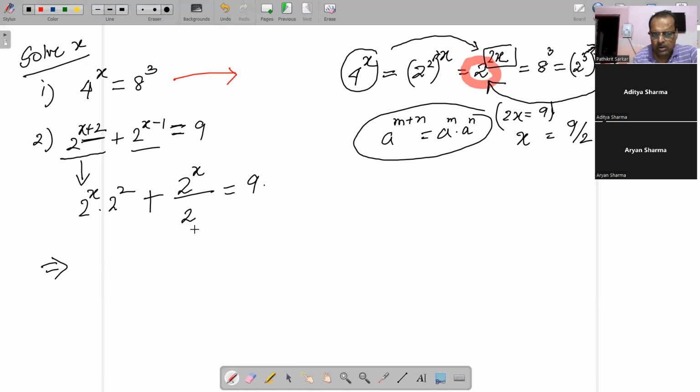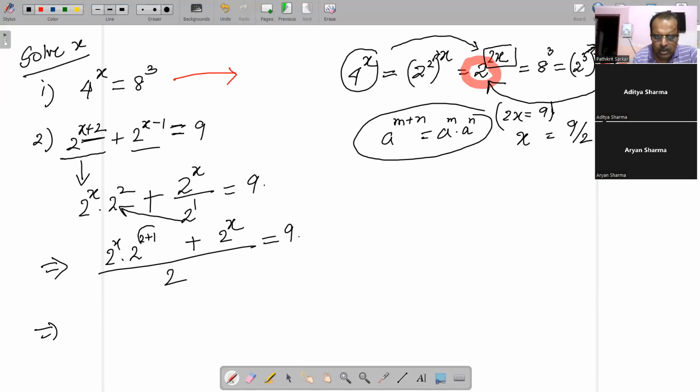उसके बाद यहाँ पर जो है उसको क्रॉस मल्टीप्लाई कर रहे हैं, दैट मींस 2 टू दी पावर x और इसके साथ इसको मल्टीप्लाई करो, सो हो जाएगा पावर में 2 प्लस 1, क्योंकि मल्टीप्लाई होगा इसका पावर 1 है। सो अल्टीमेटली नीचे आ गया 2 और यहाँ पर हो गया 2 टू दी पावर x दैट इज इक्वल टू 9, ऐसे आ गया। सो इसको हम क्या करते हैं सर? यहाँ पर होगा 2 क्यूब, दैट मींस 2 क्यूब का मतलब है 8, तो 8 इंटू 2 टू दी पावर x और यहाँ पर होगा 2 टू दी पावर x और यहाँ पर होगा सर 9 इंटू 2।